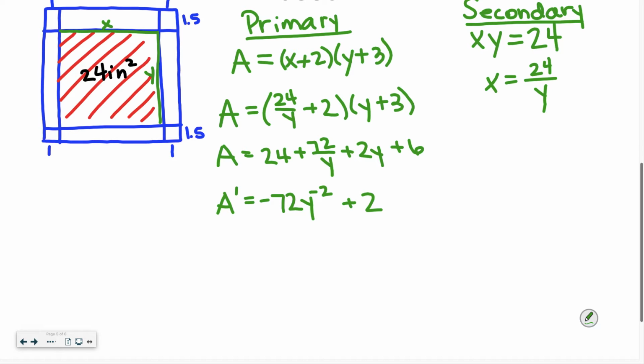Okay. Now remember, for our first derivative test, we do need to find where our derivative is both 0 and undefined. And since we have a negative exponent, it's going to be important for us to utilize that so we can find both. So when we set this equal to 0, this is negative 72 over y squared. Okay. So we're going to need to make common denominators in order for us to be able to figure out